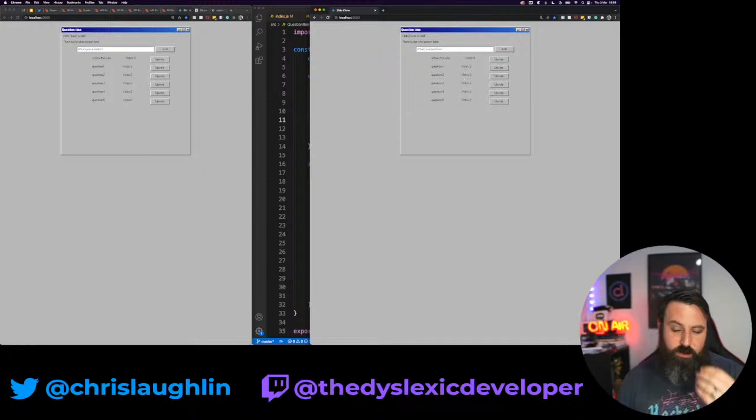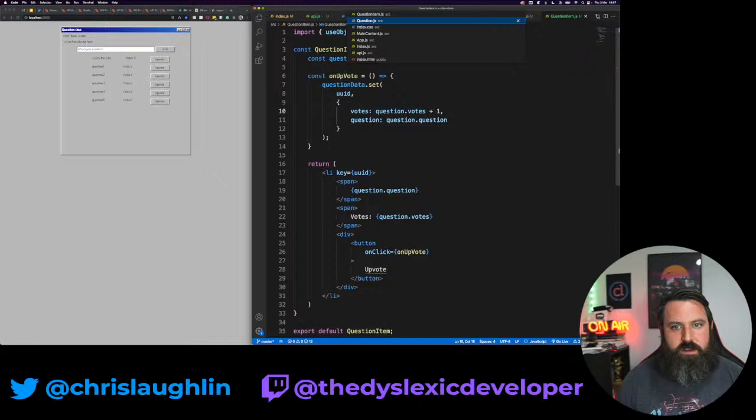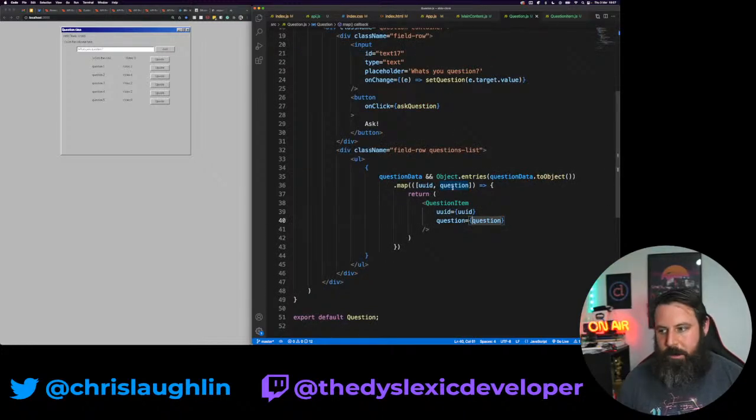And so I wonder, can we easily rearrange these based on the votes? So we're currently mapping them. I guess we could sort the values. I'm terrible at sorting. Let's see,